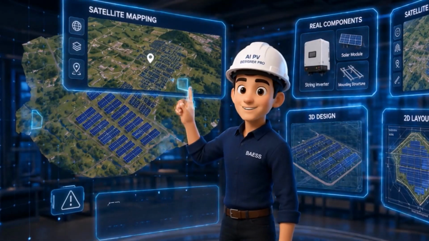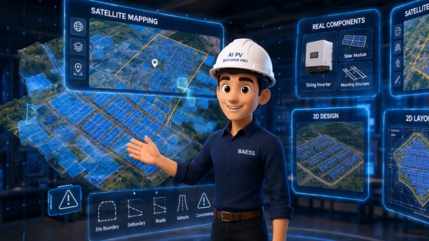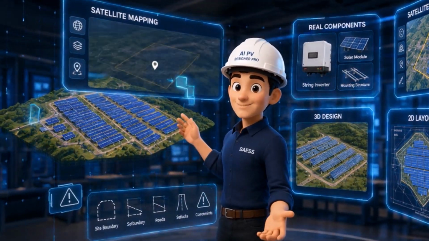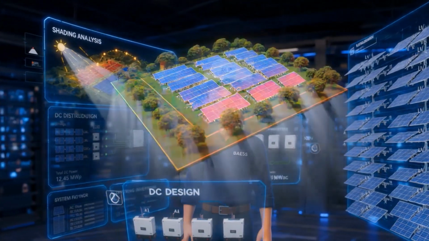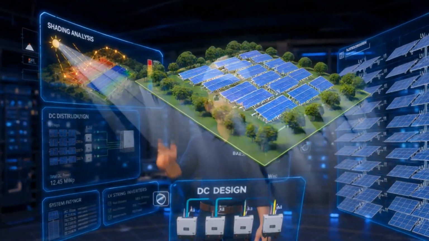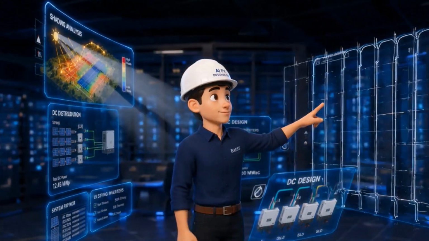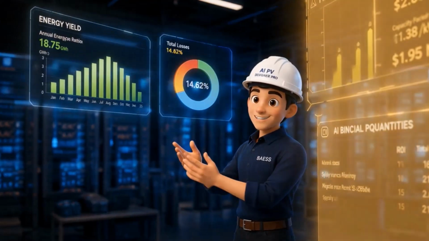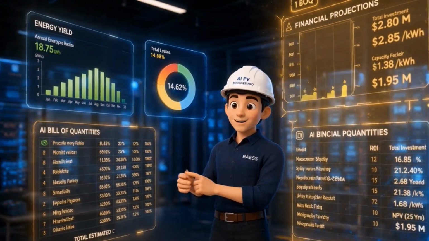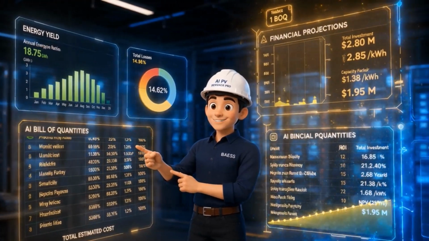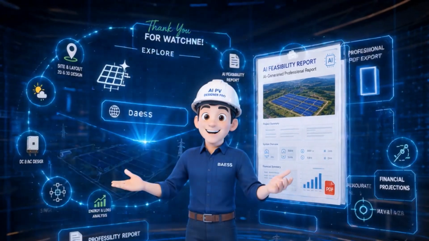In a single platform, you've defined the site, selected real components, designed layout on satellite maps in 2D and 3D, analyzed shading, sized DC and AC systems with LV string inverters, generated a single line diagram, run energy and loss analysis, produced an AI bill of quantities, built financial projections, and delivered an AI-written feasibility report. All exportable as a professional